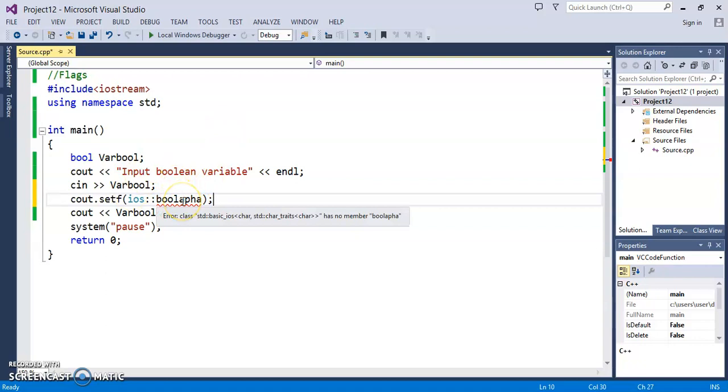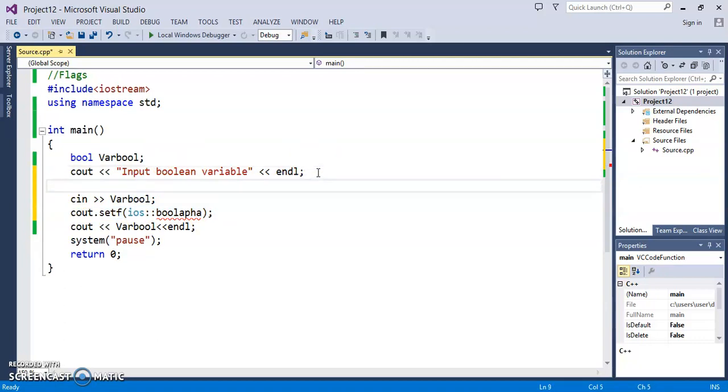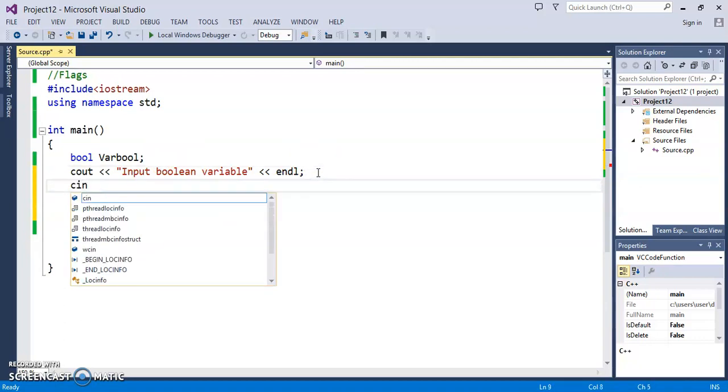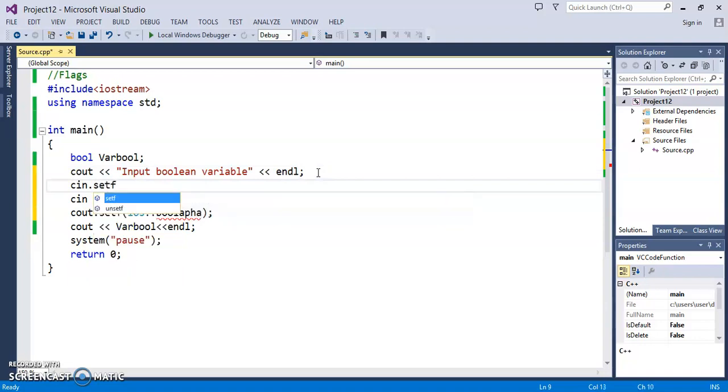Okay, what happened? Similarly, let's say we set the flag for input also: cin.setf ios boolalpha.